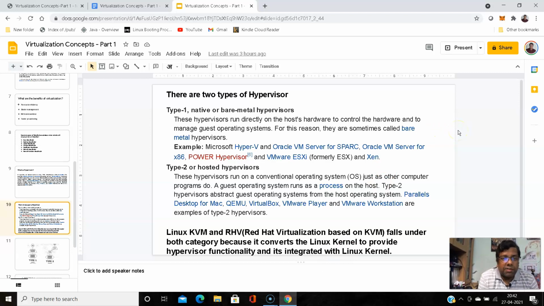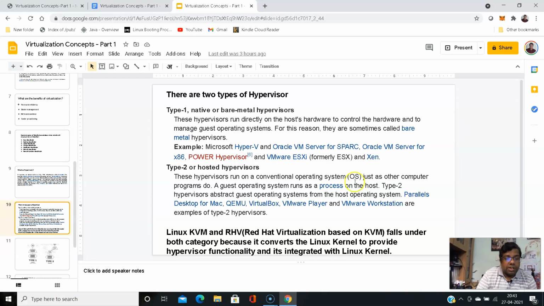For any kind of virtualization to run, the processor should support the hypervisor capabilities. For Intel based, Intel VT technology should be enabled, and that's enabled from the BIOS. For AMD, AMD-V is required. So Intel VT, and AMD-V for AMD. If the processor supports virtualization, you can install this and it works.